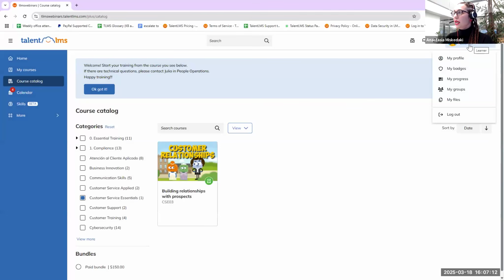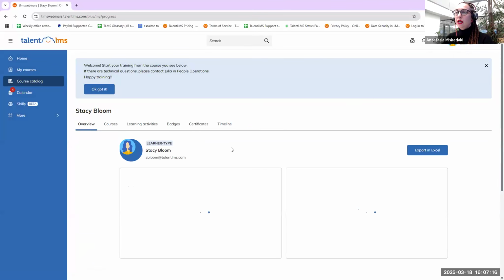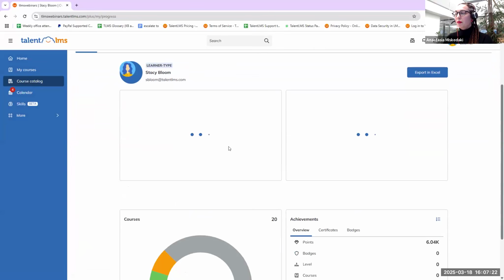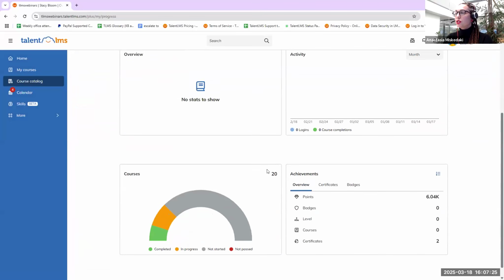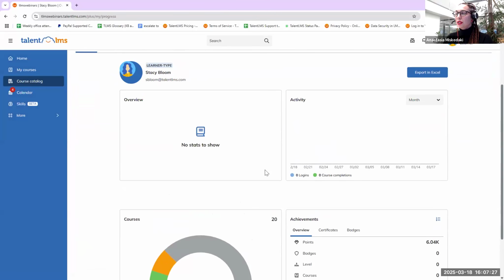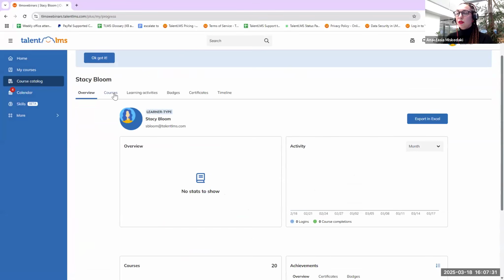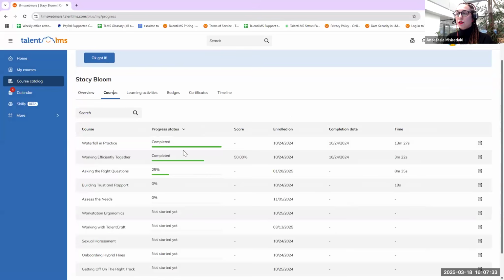So if they hover over their name and click on the My Progress button here, they will find an overview of their progress with a chart of their courses, some activity with logins and course completions, and an achievement chart. They can find a tab with all the courses they are added to, the progress status, score